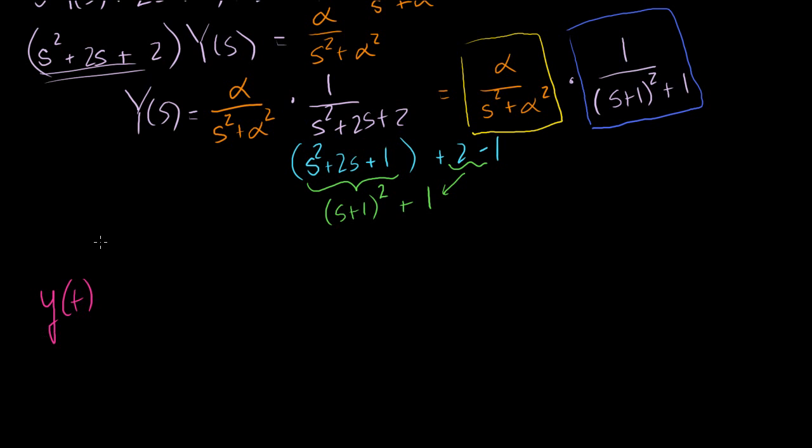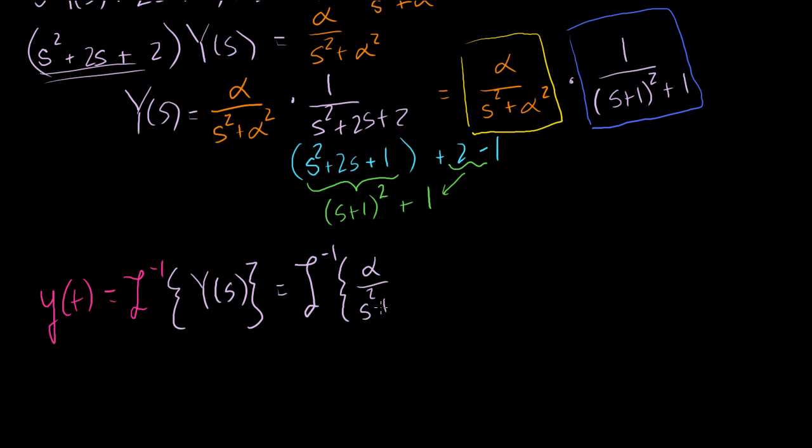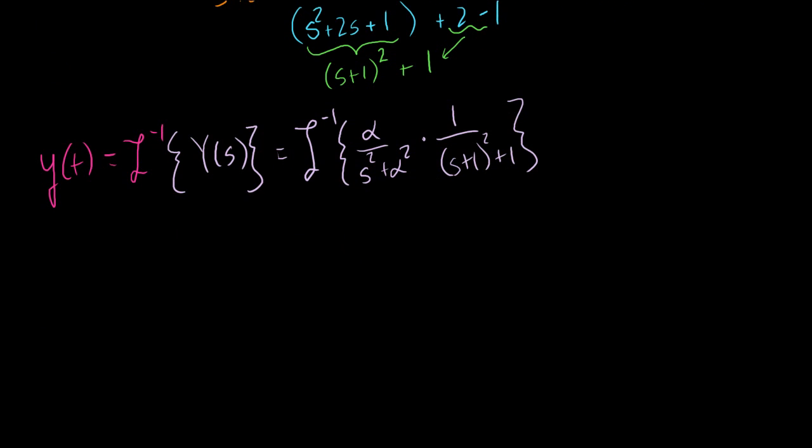So the inverse is equal to the inverse Laplace transform of, obviously, Y of s. Let me write that down. Y of s is equal to the inverse Laplace transform of these two things: the inverse Laplace transform of alpha over s squared plus alpha squared, times 1 over s plus 1 squared plus 1. And now the convolution theorem tells us that this is going to be equal to